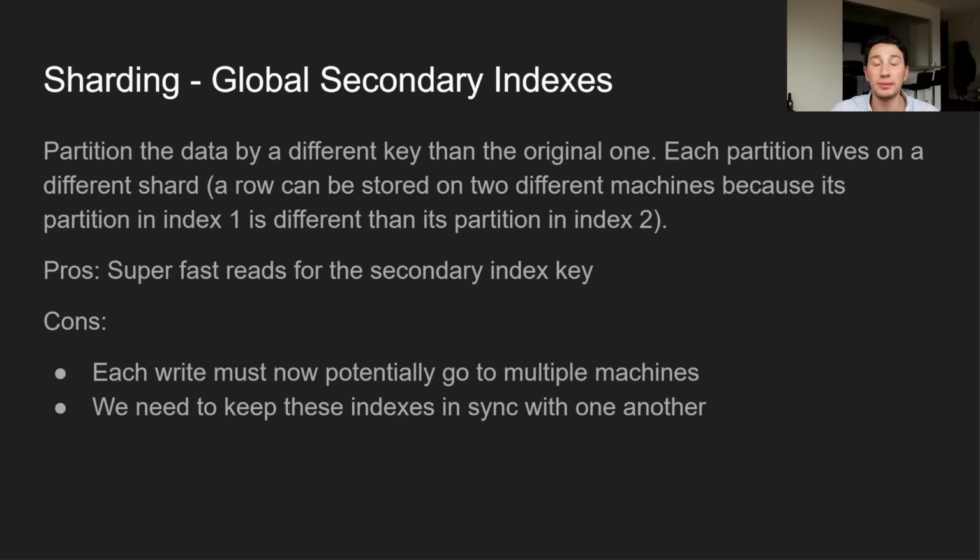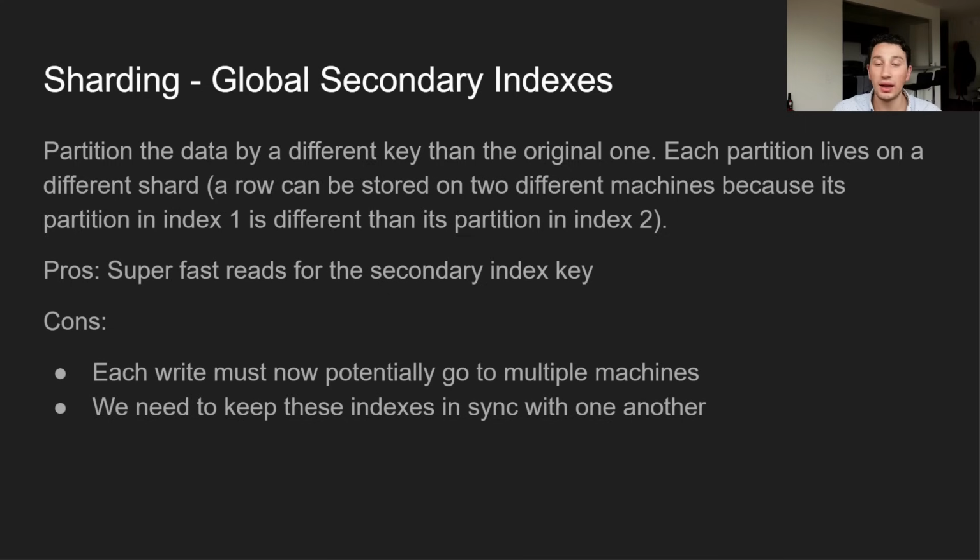What can we do in contrast? Well, there's something known as global secondary indexes. The reason they're called global is because they basically index the entire global table, and then they themselves are partitioned according to that key rather than the primary key. So obviously this is going to make our reads a lot faster because now ideally we would be able to have everything go to just one particular shard when performing our reads, so we're not making a kind of scatter-gather query there. But the cons of this approach are that now every single write has to go to multiple machines,